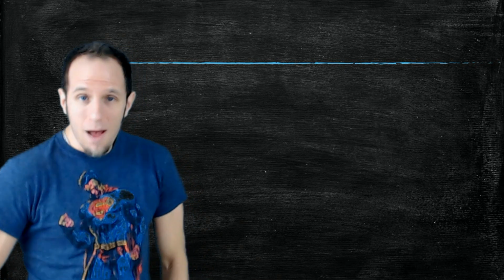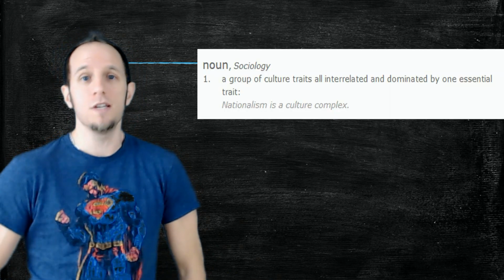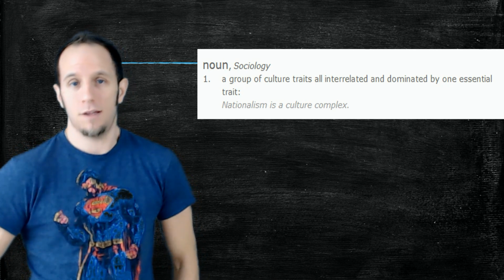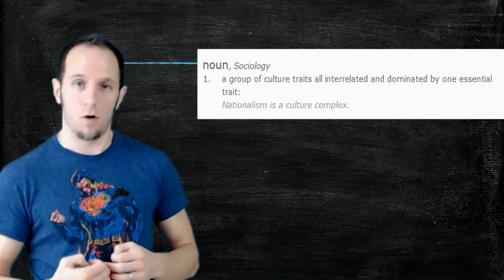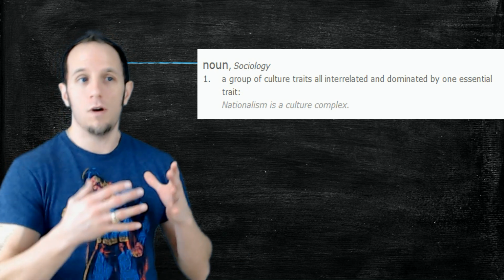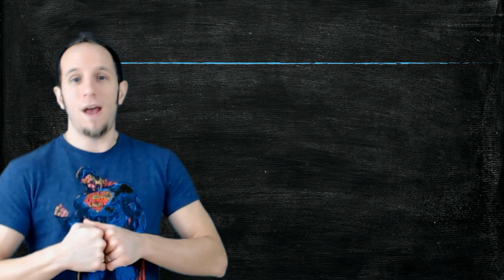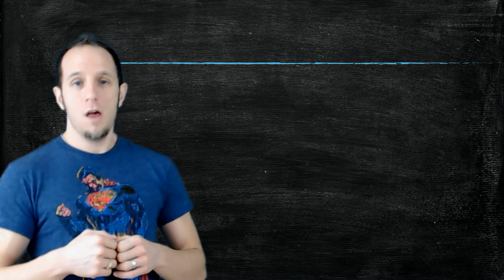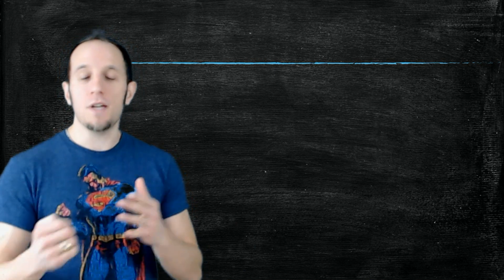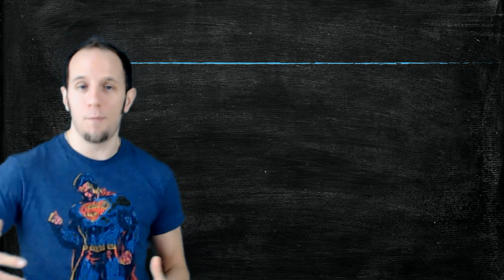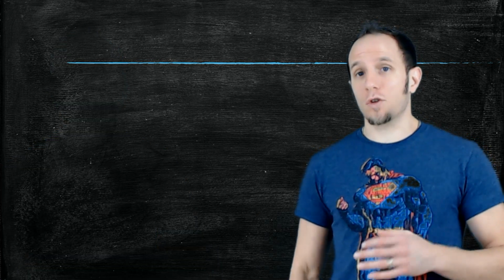A cultural complex, on the other hand, is going to be more than just a single cultural trait or a single characteristic that is going to help distinguish your group, but rather a series of different cultural traits that are going to be very, very closely related. They may be religious. They may be based on your ethnicity or based on your identity, right? But they're going to be a series of different cultural traits that are going to combine to make up the cultural complex.